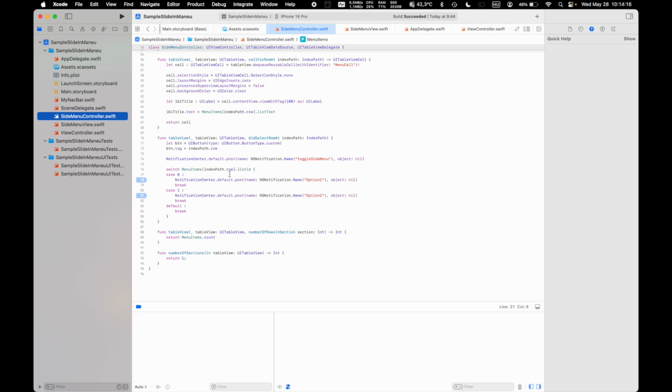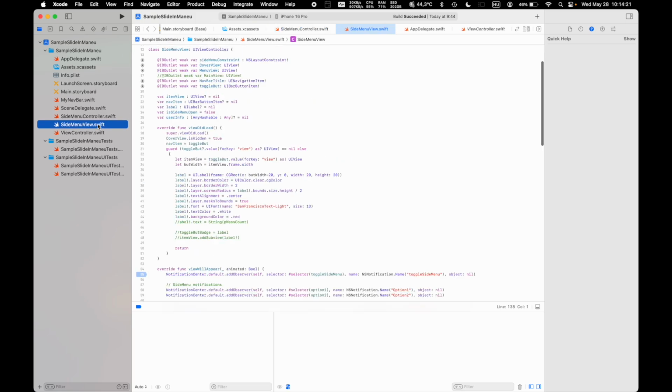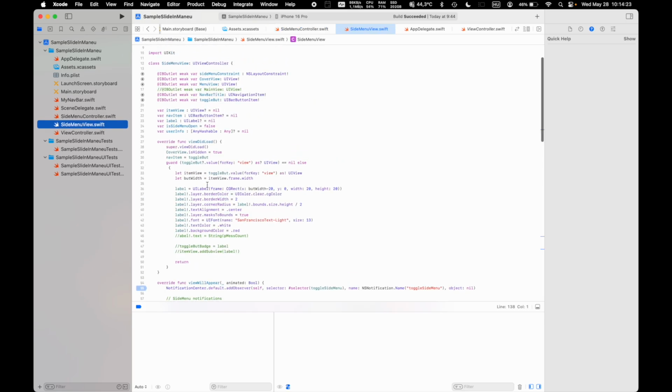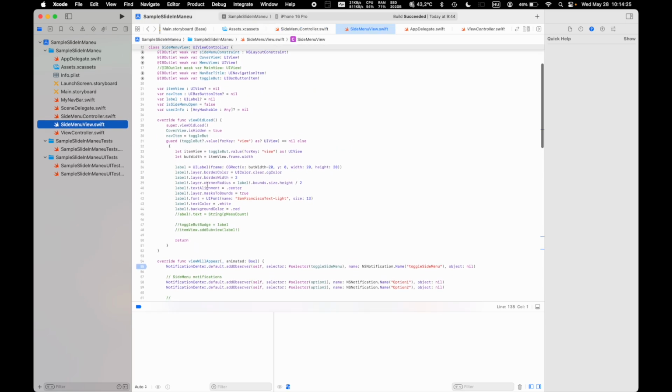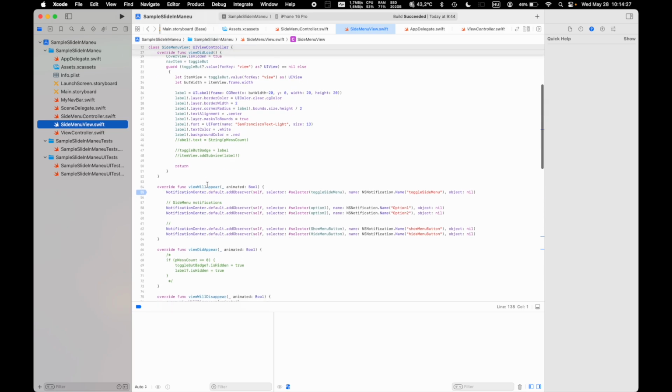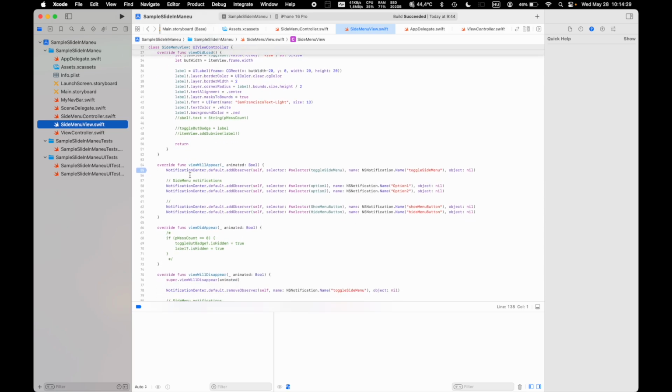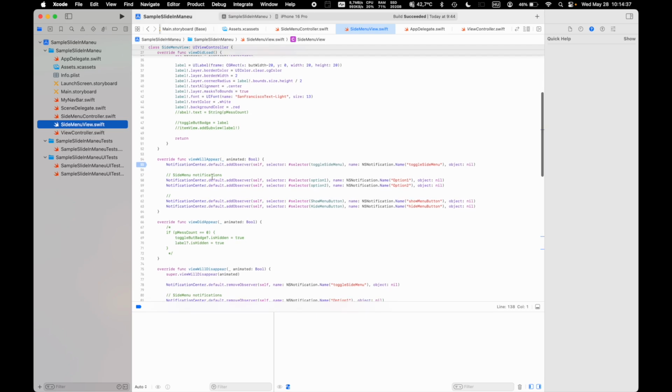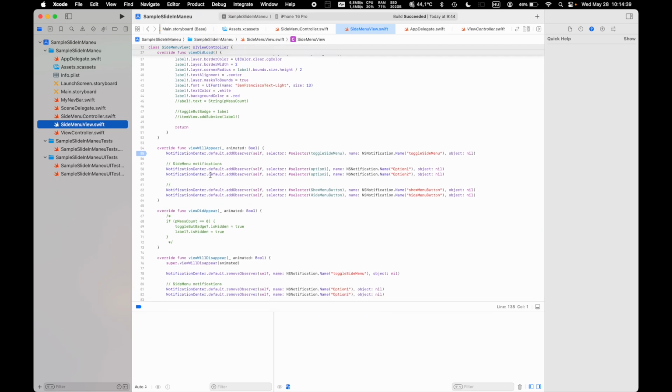To handle these notifications in a central position, we can put this into the side menu view directly. So here, when the view itself is appearing, we should make sure that these notifications are caught, and we link to these notifications some functions